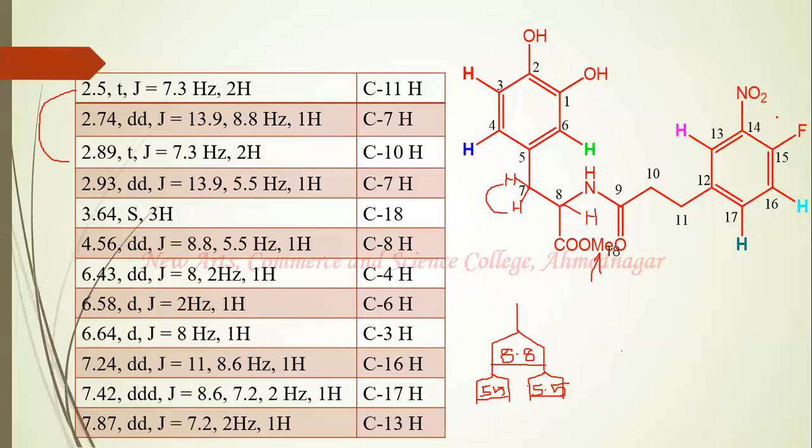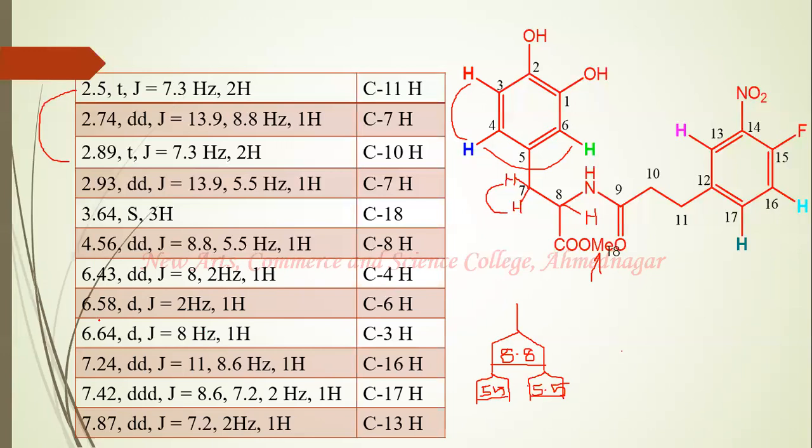So 6.43 will be because of the proton present on the left side ring, and out of these C6, C3 and C4, all the protons will be shielded, but what is the coupling constant value? It is the doublet of a doublet with J is equal to 8 and 2 hertz. So it is the C4 proton which has the ortho partner C3, coupling constant value will be 8 hertz, and it has the meta partner C6, the coupling constant value will be 2 hertz, and it gives me doublet of a doublet. So 6.43 is because of the C4 proton.